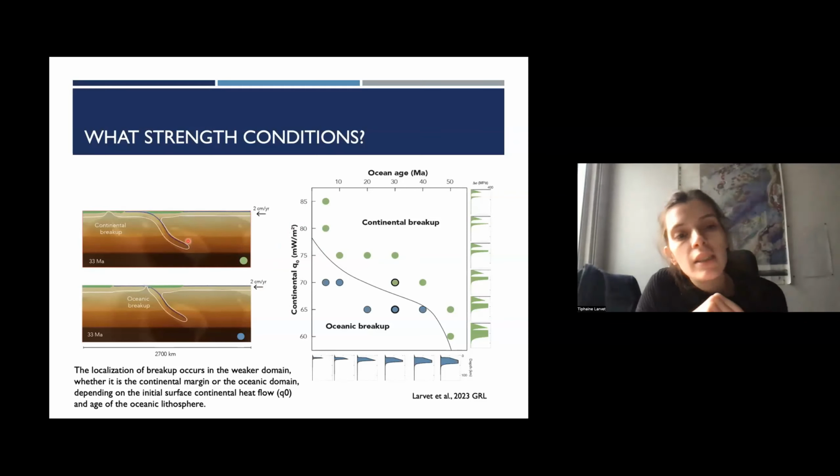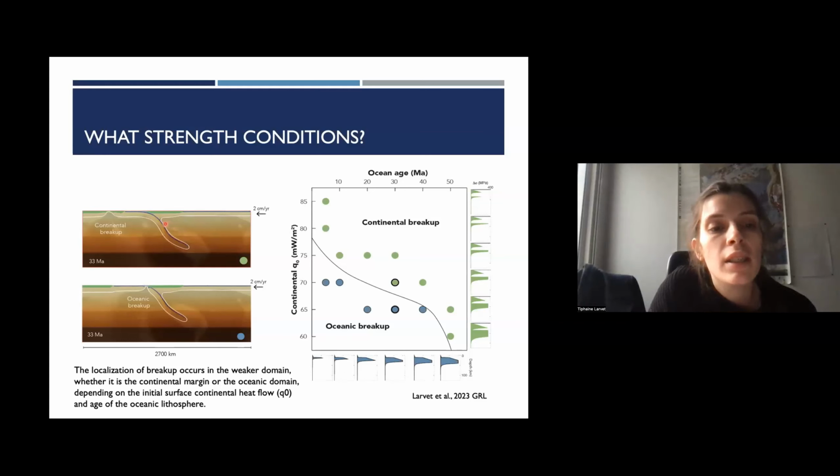In this case, you can see that if the oceanic domain is stronger than the continental domain of the lower plate, the breakup will localize within the continental domain, whereas if the oceanic domain is weaker than the continental domain of the lower plate, the breakup will localize within the ocean.